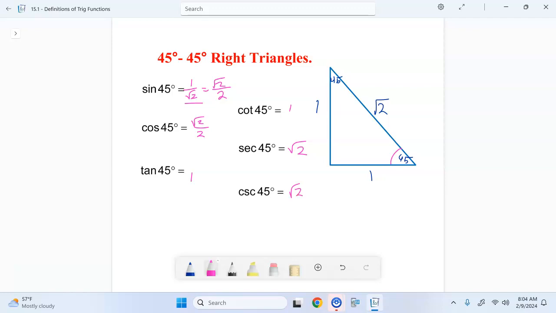So those are our two special right triangles, and they comprise the most common trigonometric function values that you will be using. Okay? So you can either memorize two triangles,